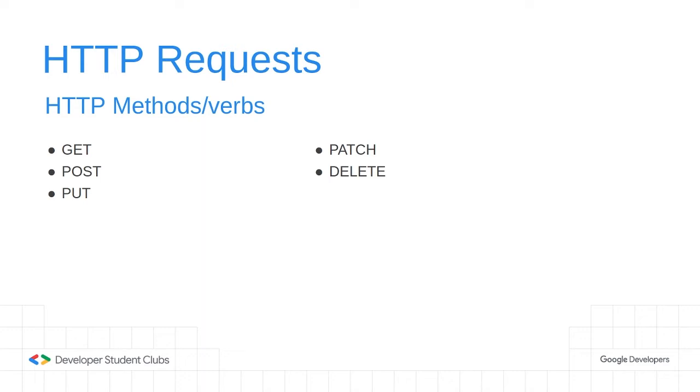So the HTTP methods. HTTP methods are generally GET, POST, PUT, PATCH, DELETE. The HTTP methods signify the kind of action the request wants to perform on the resource. A GET request is used to get data. Similarly, a POST request means to send data over to the server. PATCH and PUT are for updating the resource, and DELETE is for deleting an instance of the resource.